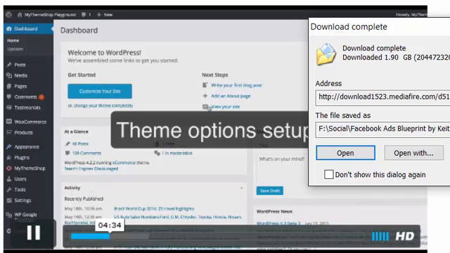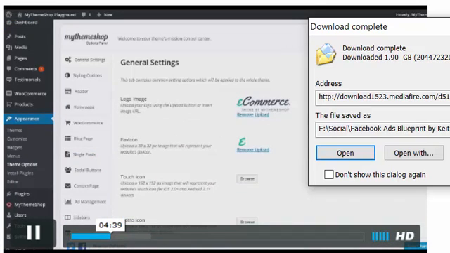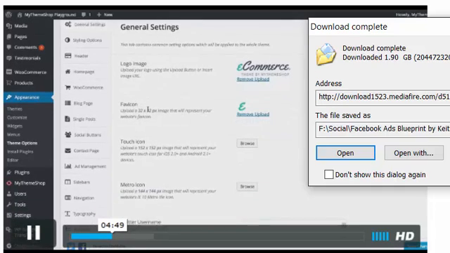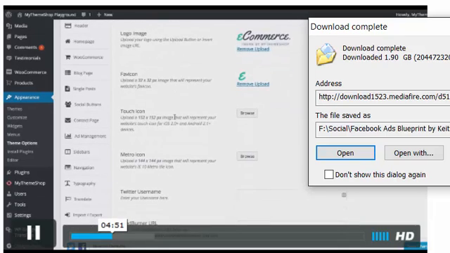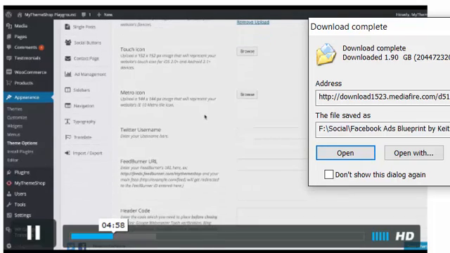then click theme options once again. As I mentioned before, this is the real mission control center of your My Theme Shop theme, and it's here that we're going to make everything happen with the theme. So on this first general settings page, you've got options for your logo, the favicon, a touch icon which will be displayed on iOS 2 Plus and Android 2.1 Plus devices, a Metro icon for Internet Explorer 10, and all